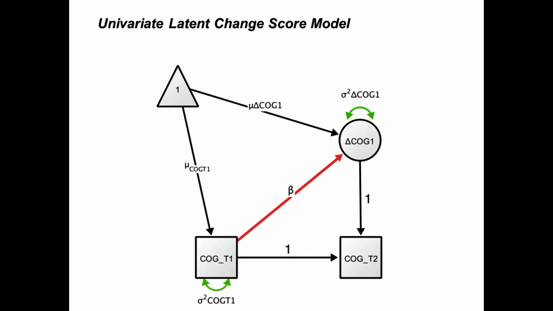So this is the univariate latent change score model. This is just looking at a measure at 2 time points. And this is something that Roger was discussing, and he was saying that a fancy thing that you can do is, in SEM, you can just specify this latent change score, and you can then ask the question of, does where you start predict this latent change score here? And so I'm going to walk us through, using Roger's materials, how we would specify this using Lavaan,